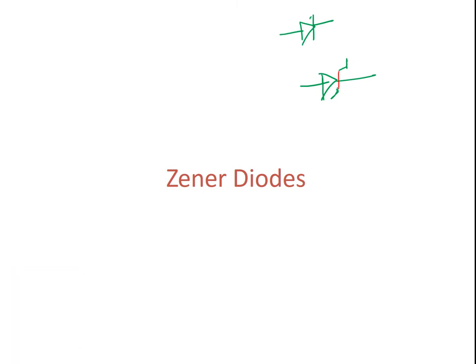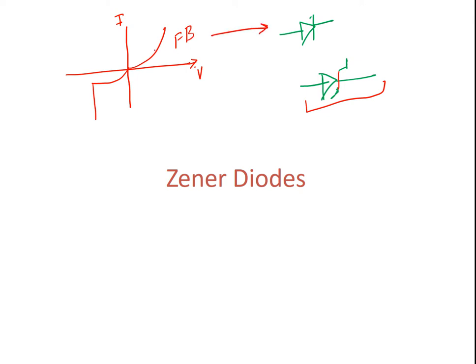In this chapter we are going to study this diode, Zener diode, what exactly a Zener diode is and what are its different applications. The important difference between the conventional diode and Zener diode is the reverse bias operation. We know that for a normal diode, the IV characteristics curve looks like this. This is our voltage and this is our current. This region is the forward bias region for this diode. This region is also the same for the Zener diode.